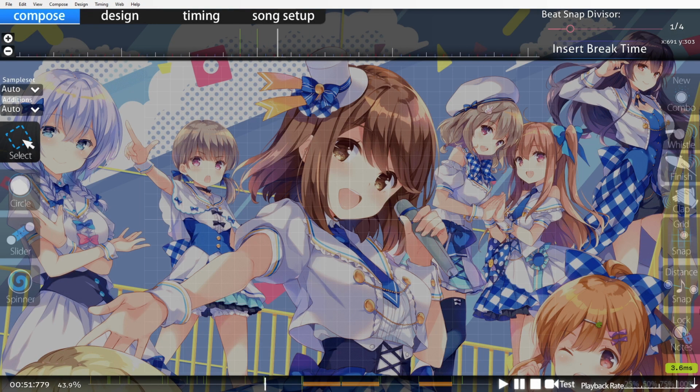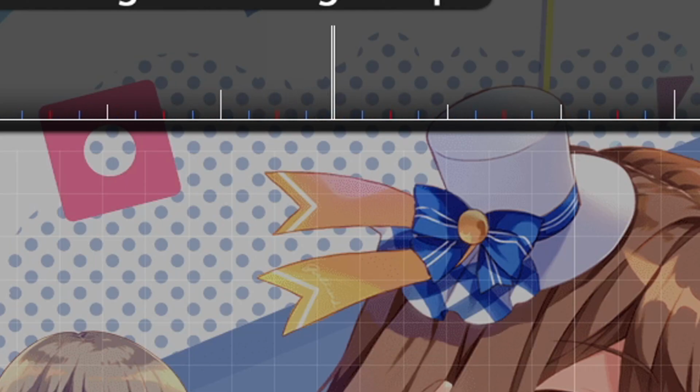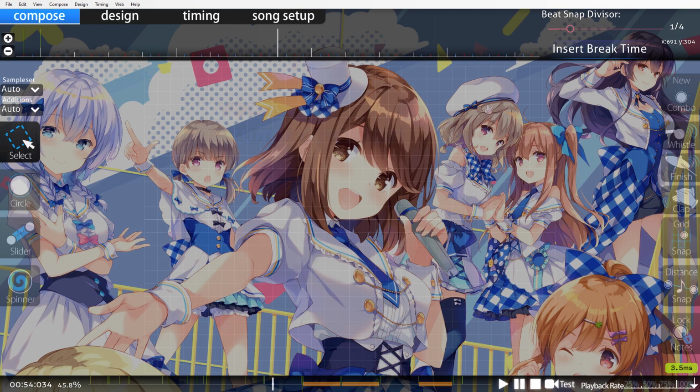Now there are still some other things you might be asking yourself, like what about the drums? Drums can and usually should be ignored in favor of the melody of the song. For example, on this part, there's a prominent drum on the big white tick that I would prefer to ignore in favor of the vocal on the red tick right before it,